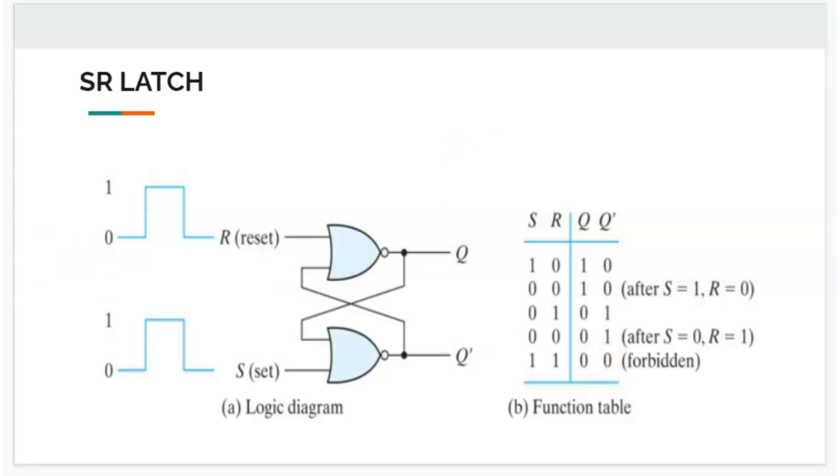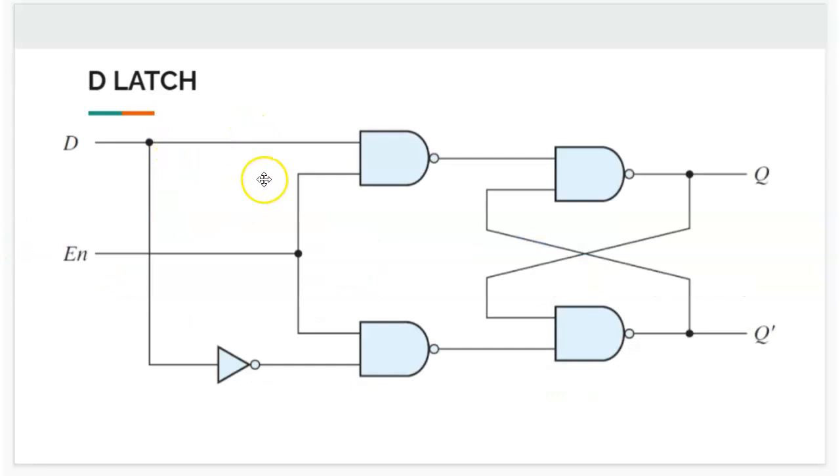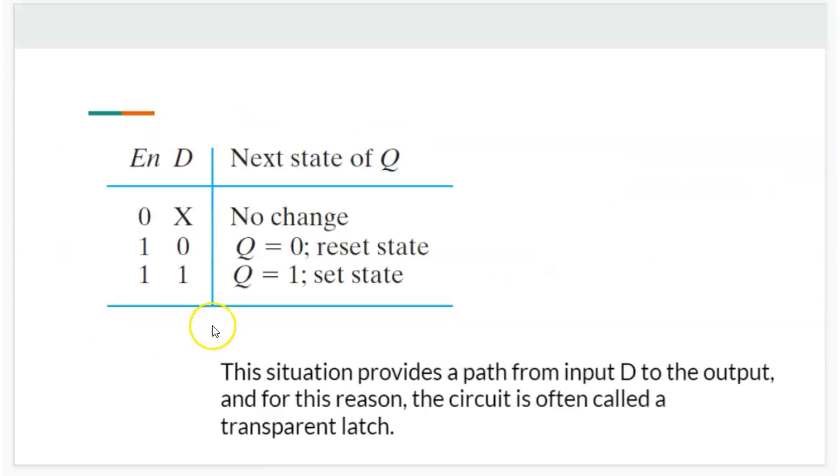So we'll go to the next latch, which is the D latch. Here we'll look at the table first. What do we intend to do? We have two lines, the enable line and the D line, as inputs, and Q is the output line, which we refer to as the next state, the state variable Q. The use of the enable line is that when it is 1, you transfer the contents of D to Q, and when enable is 0, you cannot alter the contents of Q. It's more like a control line. So we'll see how it actually does that.